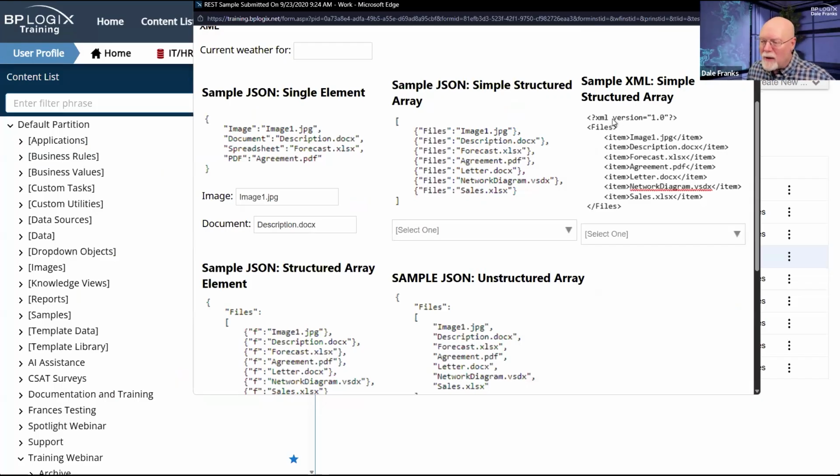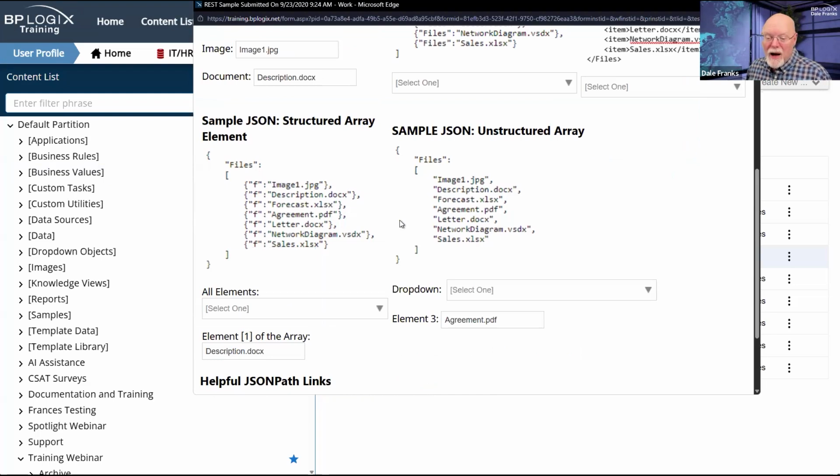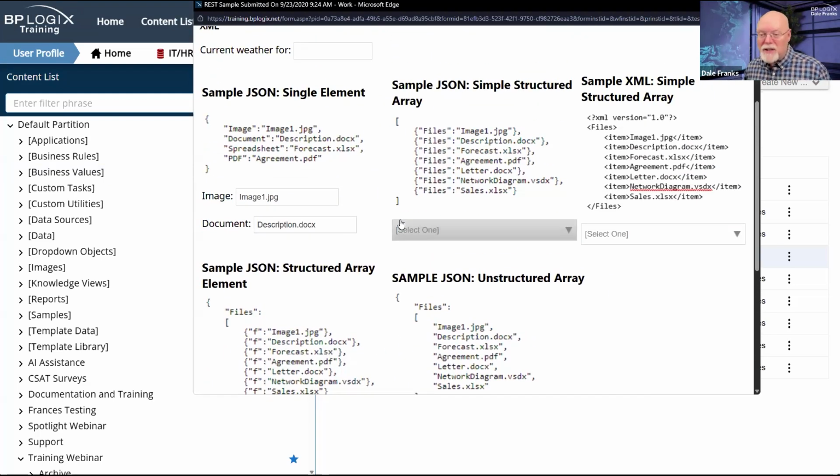In this case, we have 2 levels, files and items. JSON, we decided, we're not going to do that. We're going to pass you the data, and we're going to structure it any way that we want. So here is basically the same data presented to you 4 different ways in JSON.